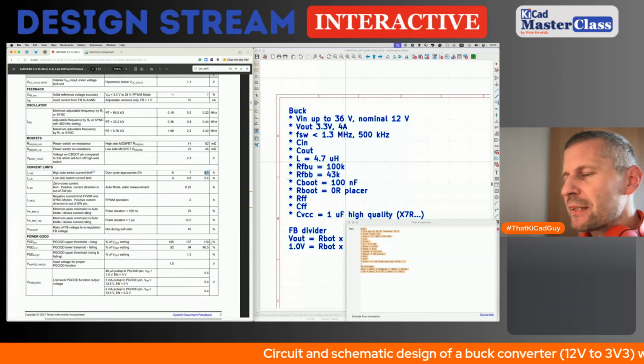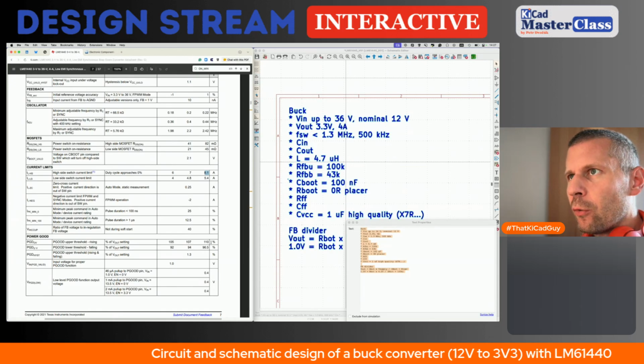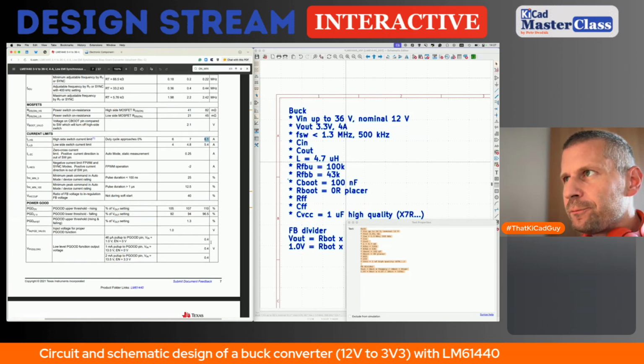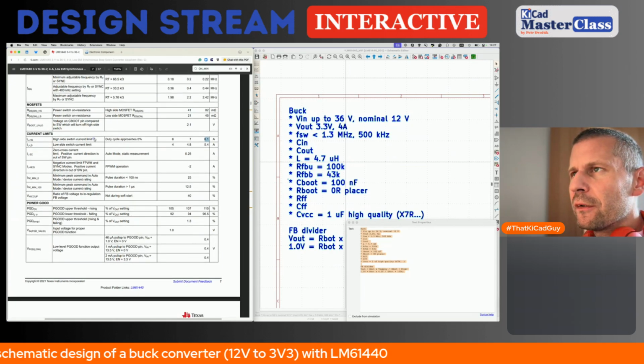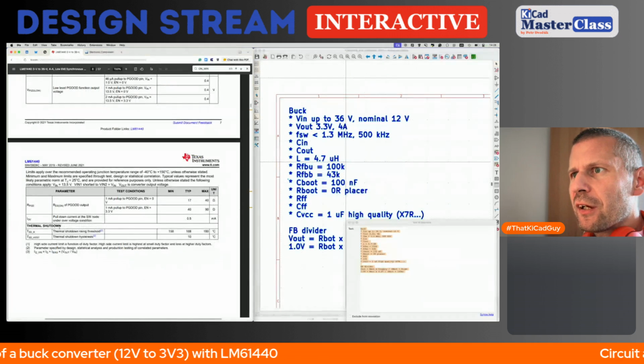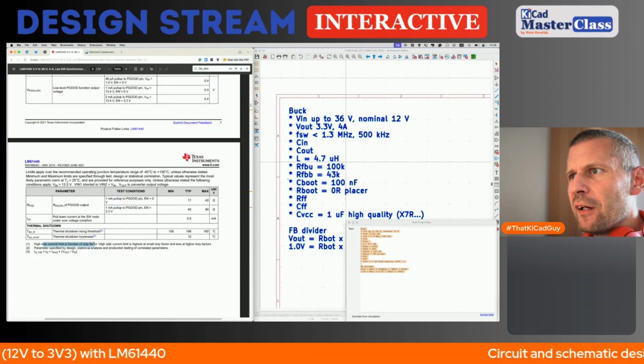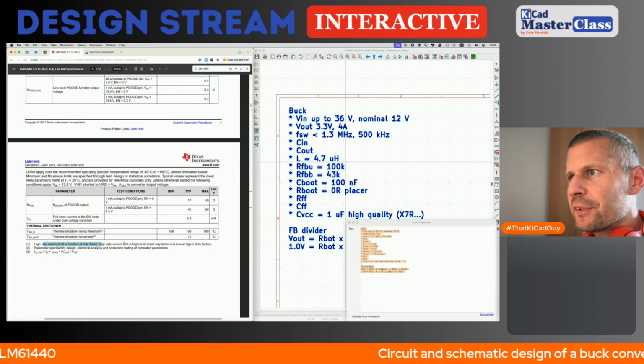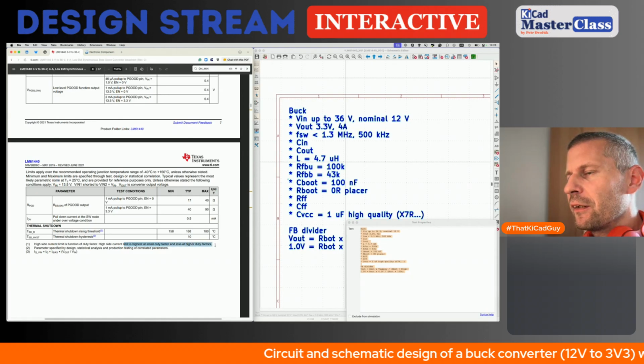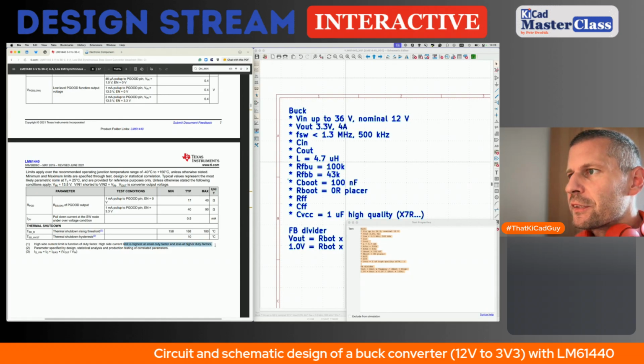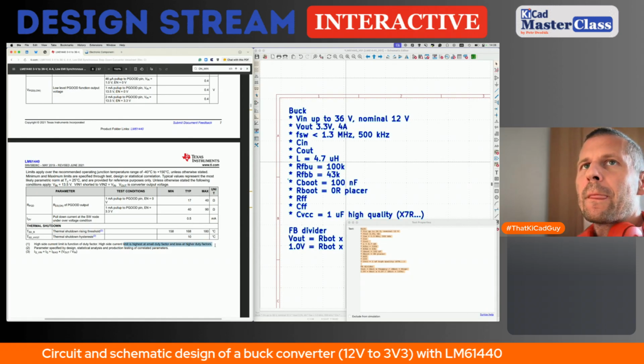So this is the absolute maximum current of the switcher. There is note number 1. Let's check it. The high side current limit is a function of duty factor. The high side current limit is highest at small duty factor, and small duty factor means that we have